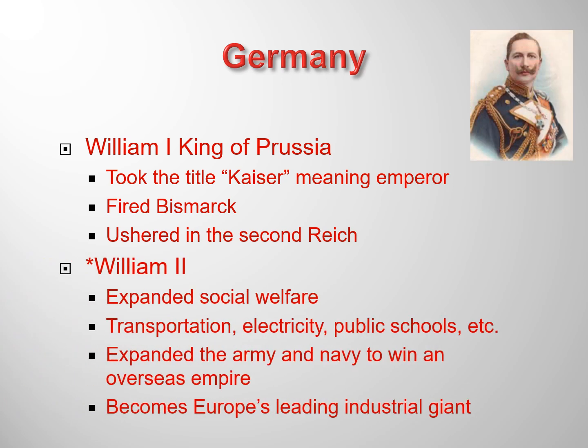They quickly join the Industrial Revolution. The very reason that they were denied the unification in 1815, they jumped to it right away. William I didn't rule for very long. He died, and then his descendant inherited the throne, William II. They expanded social welfare, transportation, public education. They expanded their army, navy, and they quickly became an industrial giant. They joined imperialism,